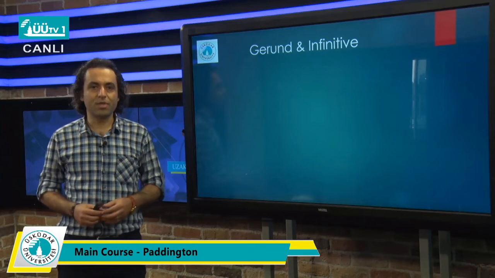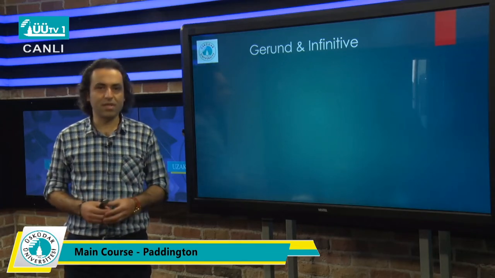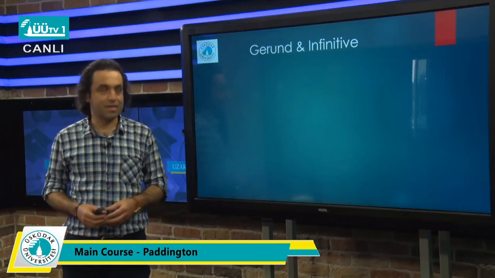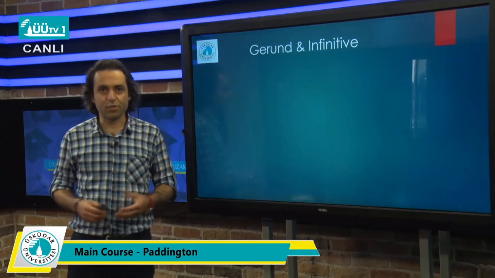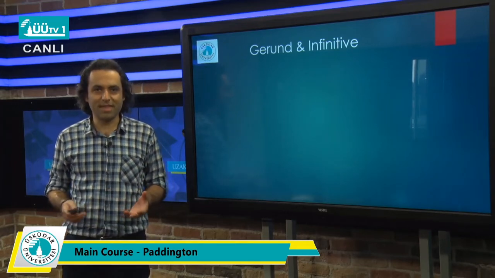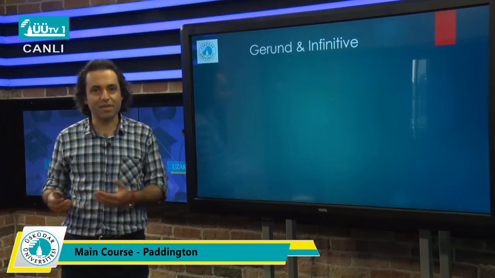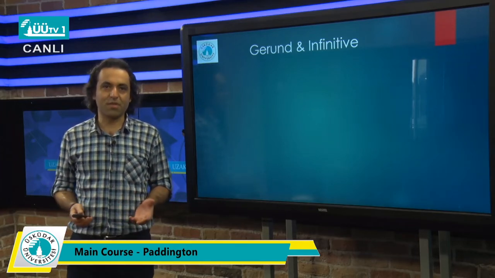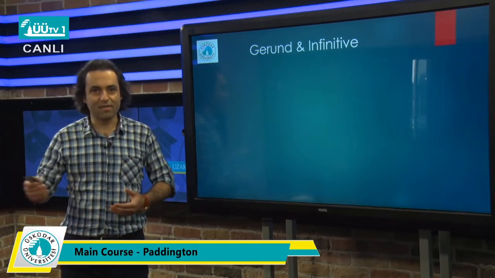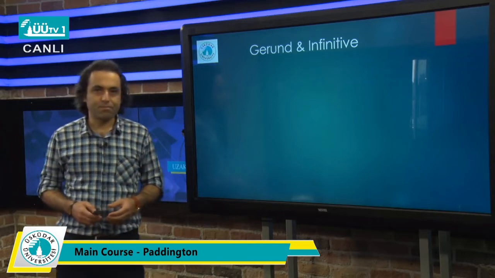As you know, there are different forms that a verb in English can appear in. Today we focus on three main forms that a verb can appear in, in different parts of a sentence: gerund, infinitive, and of course the base form of the verb. Before talking about gerund and infinitive, what is the base form? It's clear. A verb that doesn't have to, doesn't have ing or any other prefix or suffix is called the base form of the verb, and we will use it in different circumstances like conditionals, and even simple present as well. But what is gerund and infinitive?